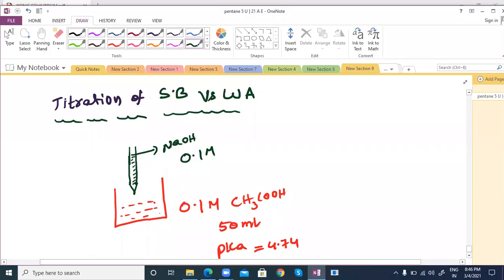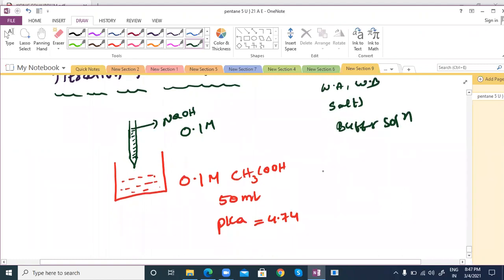Now see titration of strong acid versus strong base versus weak acid. But most of the students are getting confused because we have different formulas to calculate pH, like weak acid, weak base, salts and buffer solution. Which formula you have to use in different situations? Like that we can try questions. Clear? So first question is